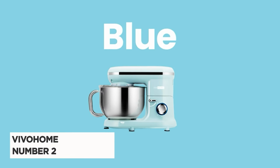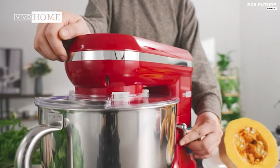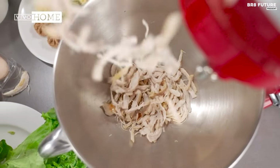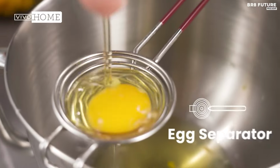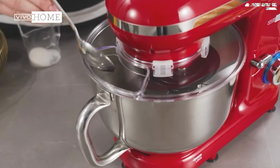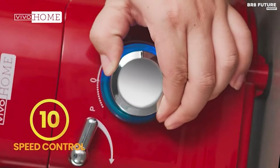Introducing the Vivohome stand mixer, ranked as the number 2 best stand mixer in its class. This mixer boasts a robust construction featuring ABS, steel, and aluminum materials, ensuring durability and reliability in the kitchen. Powered by a high-performance 660-watt motor, this mixer excels in kneading and mixing tasks, outpacing manual efforts with its efficient 10-speed control and